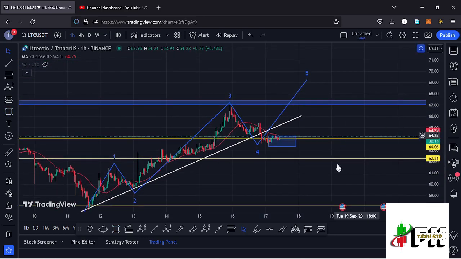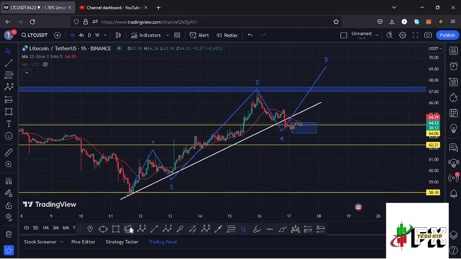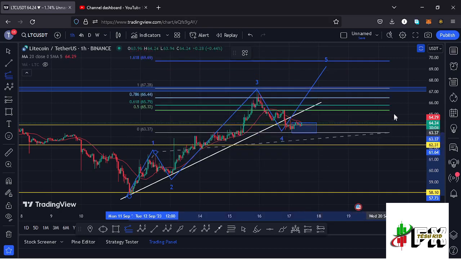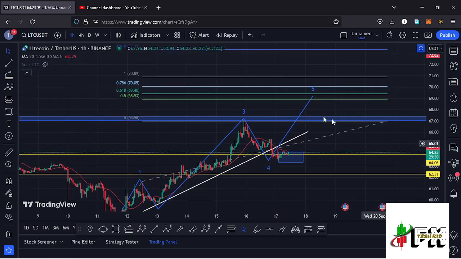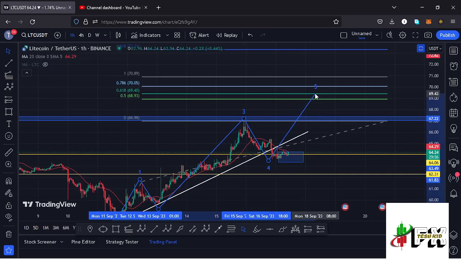And the target area for the wave 5, using the trend-based Fibonacci once more, connecting it from the low of the first wave to the high of that wave 1, then dragging the fibs to the high of the wave 3, I get a target area at the fib level 0.618, and that is at around the $69.4 mark, and that is so close to the $70 mark. And that is what I'm expecting in the next coming hours here on the Litecoin chart, where the moment we break above resistances, we can easily see the $70 mark in the next coming hours or maybe days,